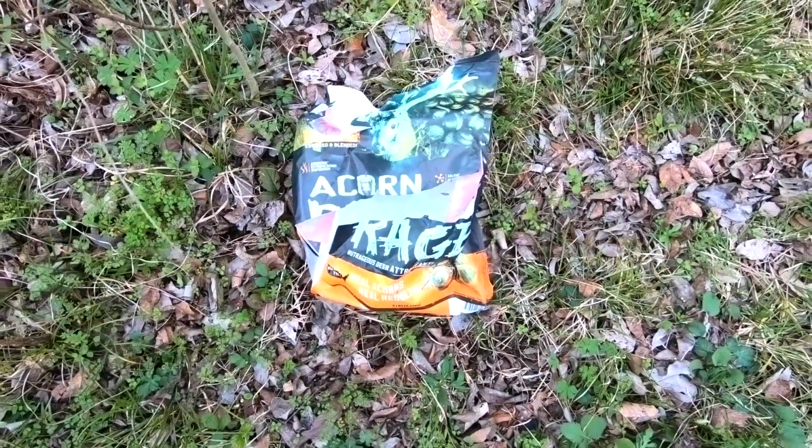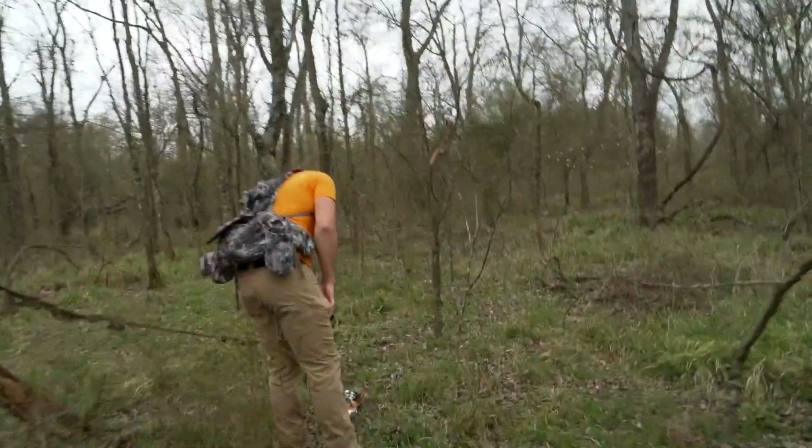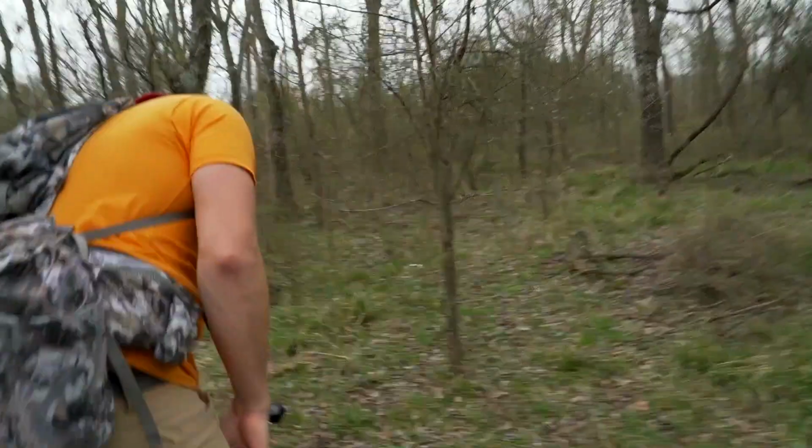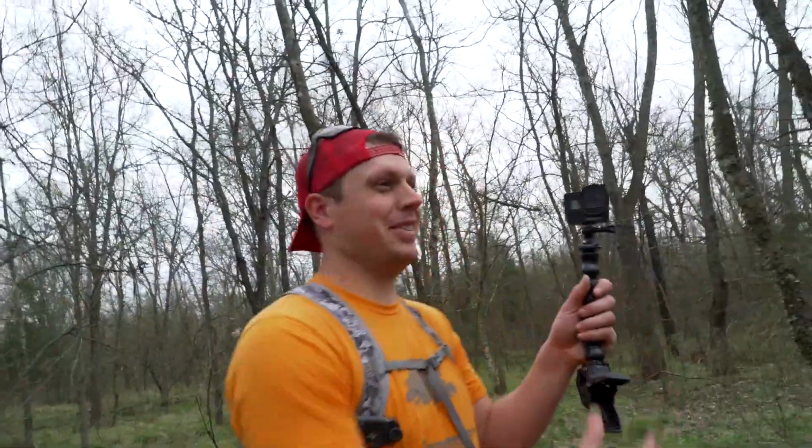Illegal, but it's here, and that is what you were fighting with. Guys that are putting that stuff out. Also, that buck is not going to show up out here, just so you know. Oh my goodness. That's the kind of thing that you're going to battle close to the road in a lot of places like